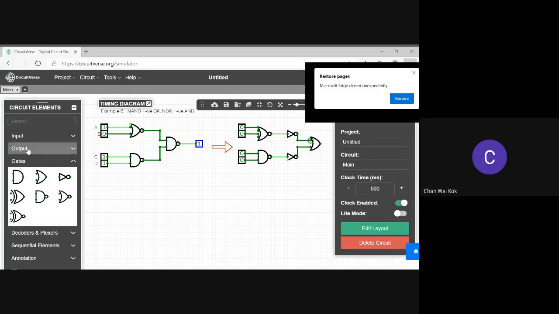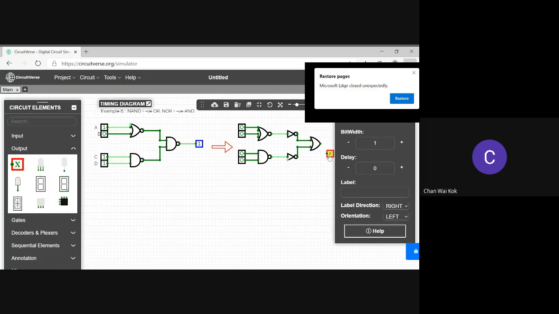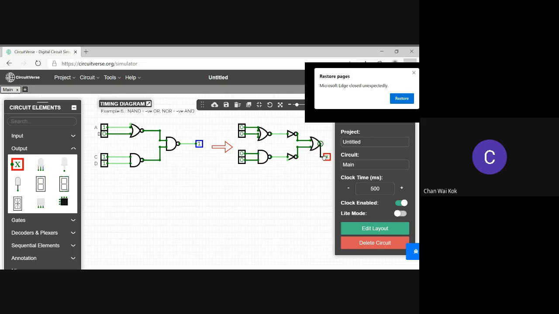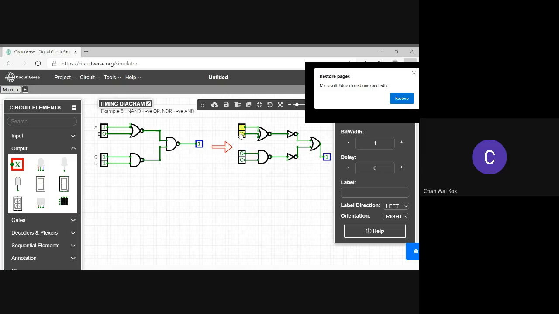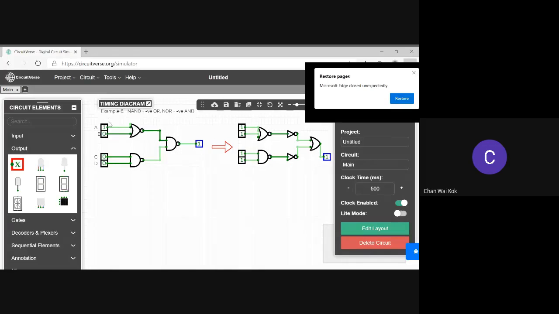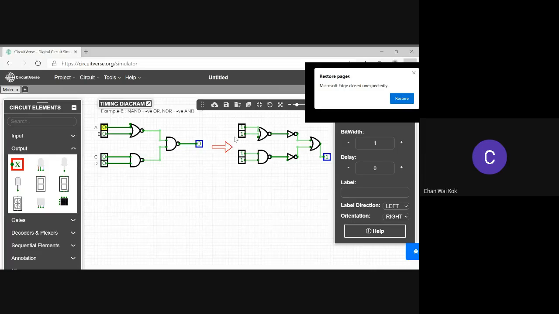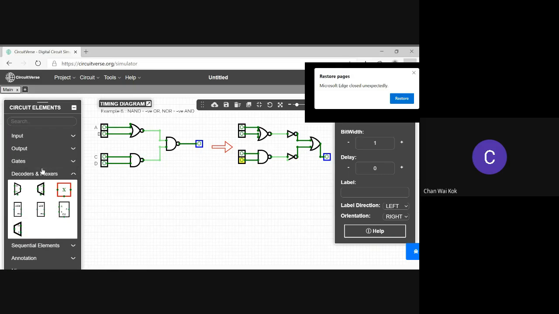Okay, and the output is here. So let's change this input to 1, and the output becomes 1. It's the same. Okay, so when you put 0 here, when everything is 0, this one is the same as this one. Okay, but then if you look properly,